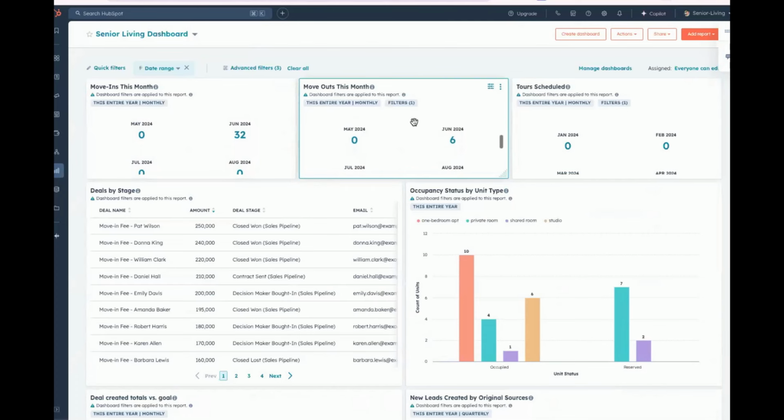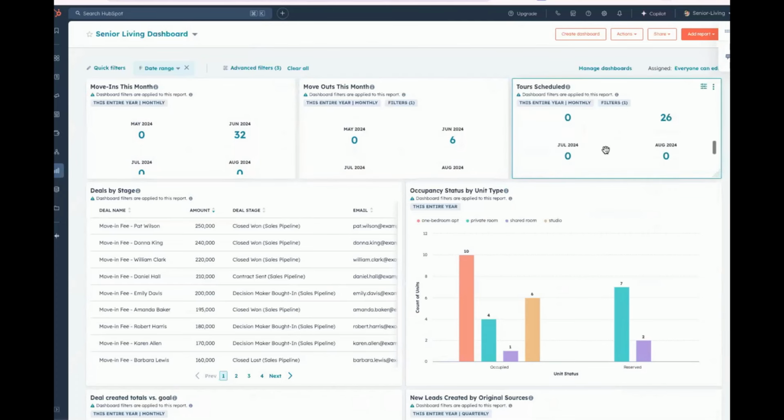So in Senior Living CRM, when you onboard to this, you'll get a library of dashboards and reports that'll cater to your marketing team, to your sales team, to your admissions team, to any other teams that you need to pull in any sort of marketing, sales, or service type of data. And so I know that's a big challenge with some systems, is that you're sort of given a blank slate and you're not really given any templates or anything like that. And so that's a big differentiator,